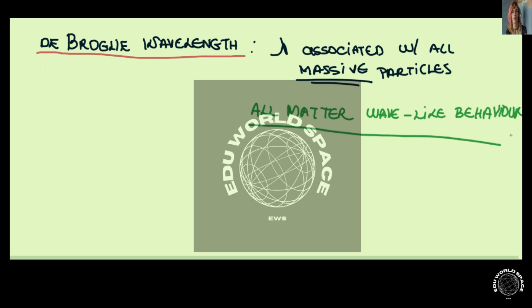Okay? So to find the wavelength of a matter particle, we use the de Broglie wavelength formula, which is